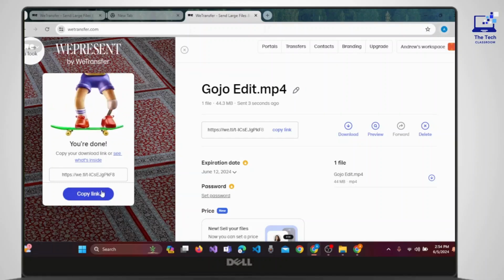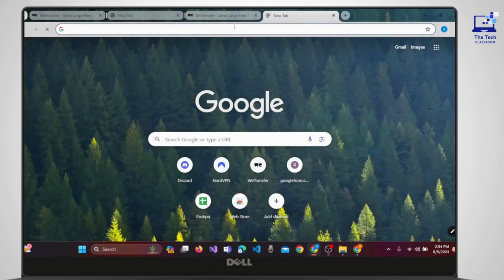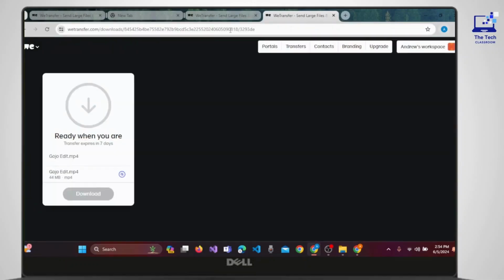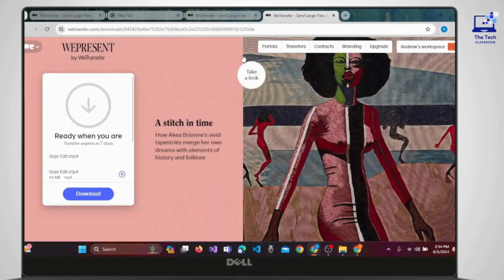So simply you can click on copy link, and then on the new tab you can easily paste the link and open it. And once you have done that, make sure you have also accepted the terms of services,